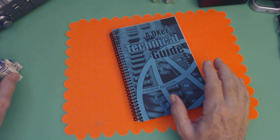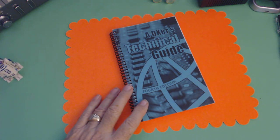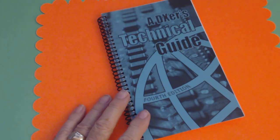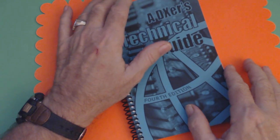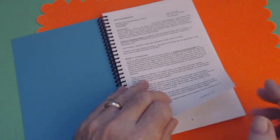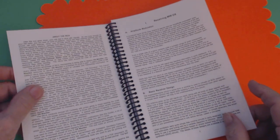Let's move my little droid out of the way here so it doesn't get knocked over. And I'll try to zoom in a little bit. I hope I'm not talking too loud because I'm right close to the microphone and it's not that good of a microphone. So let's take a look inside here. There's the credits. There's a table of contents. And it gets right into